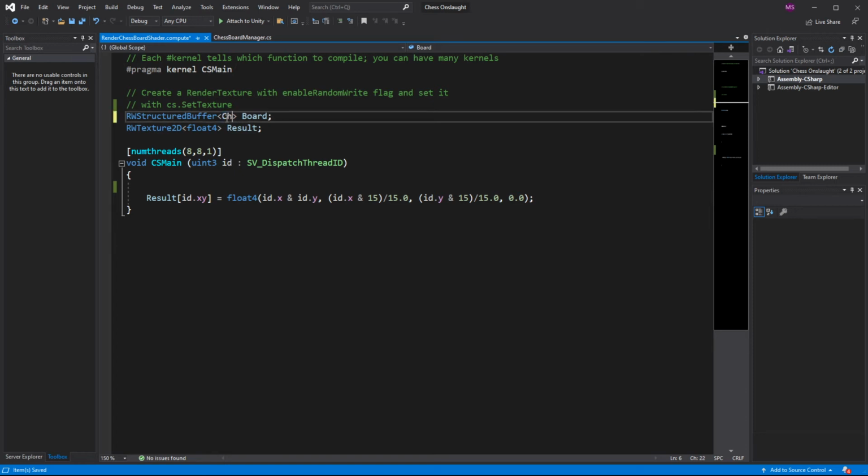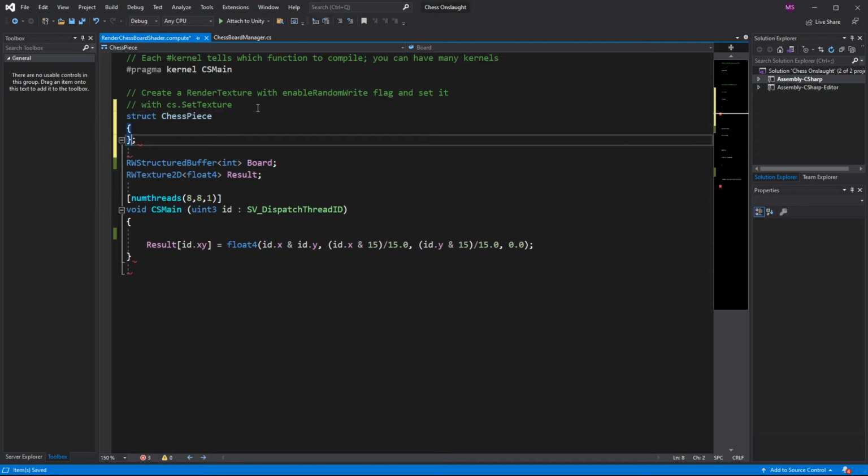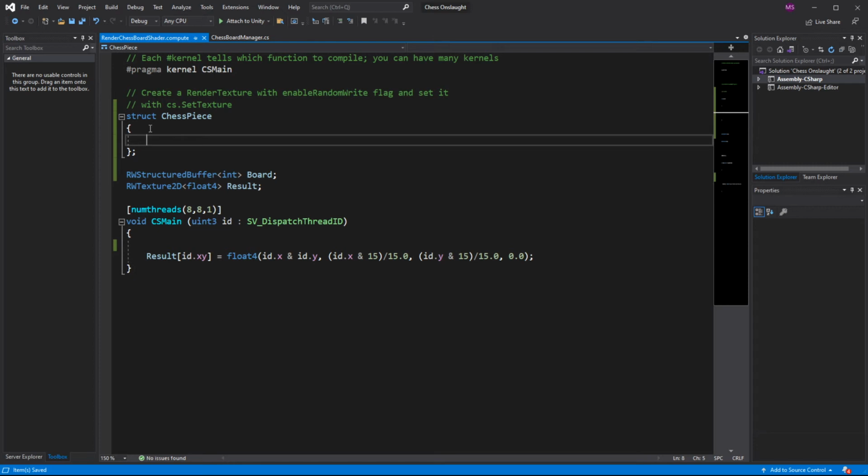Can I do this? Chess. It wouldn't be of type that. So I'd have to create some sort of, oh, I know how I do this. I have to create my own structure in here. So I have to do struct, and then I'll do chess piece. That's not how you spell it. Chess piece. And then the code seems good, and I just have to add the certain thing. So int will be